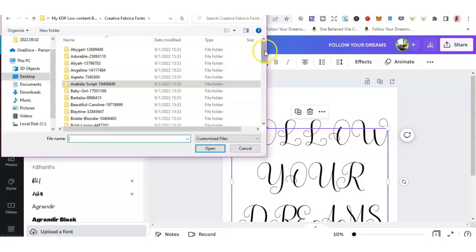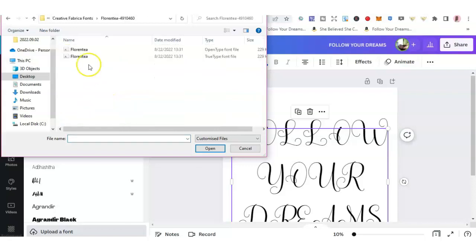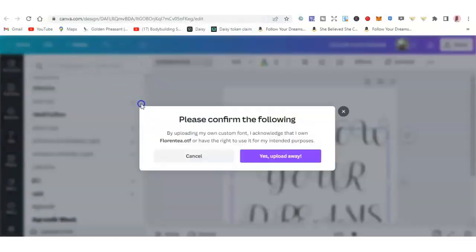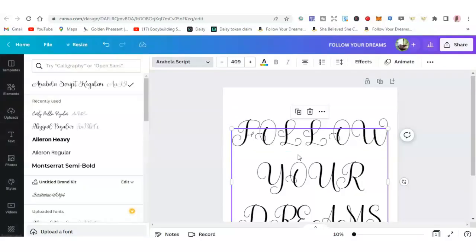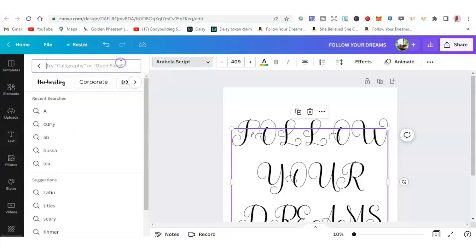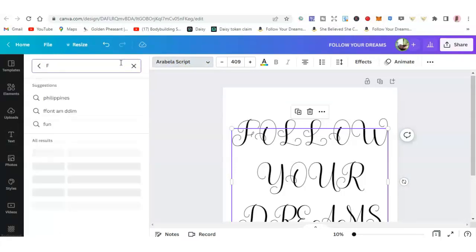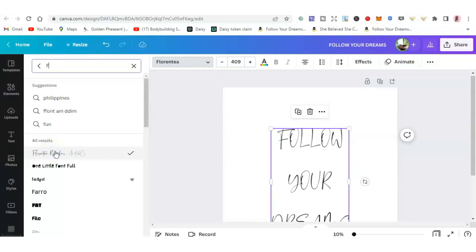and I'll look for just another one for training purposes, so you can see. Let's go with Florenti. I like this one, so Florenti, and click on that one. And again, make sure you have the right to use it, and just wait a little bit, and we will have the font in a minute. So now we want to check it out, so just scroll down, and here just put the letter F because it was Florenti,